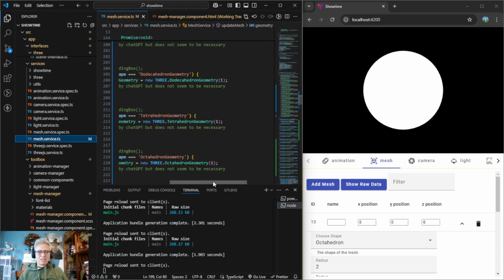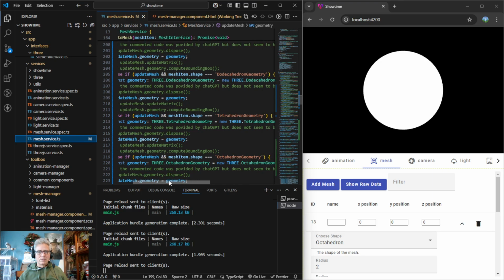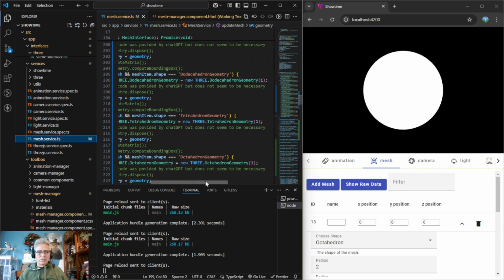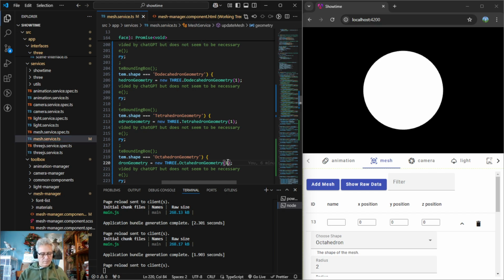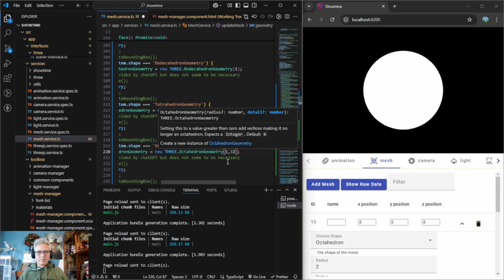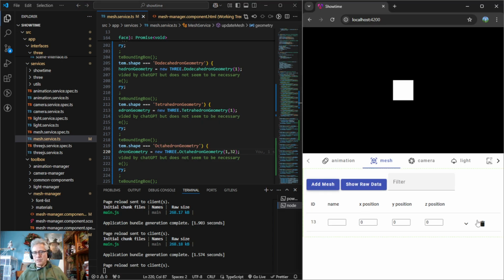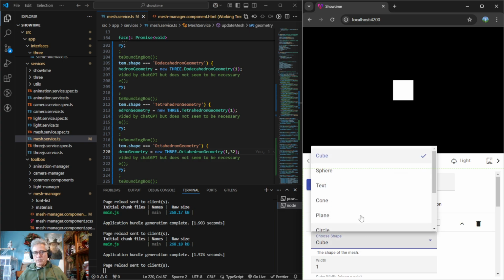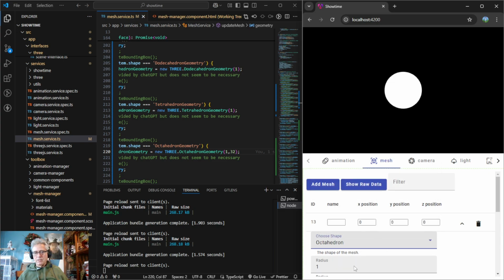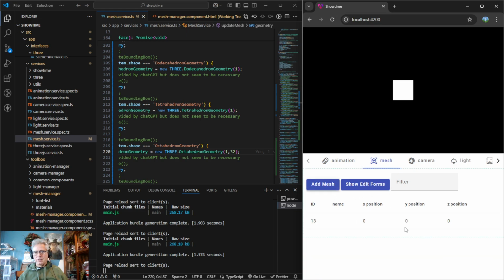But when we change this, okay, so let's just try this. Comma 32. That's the detail. Maybe it's just zero, no details. So let's try that. Show edit, add mesh. Let's see, octahedron. Okay, so now with the 32, even when you first do it, when you very, very first set it to an octahedron,